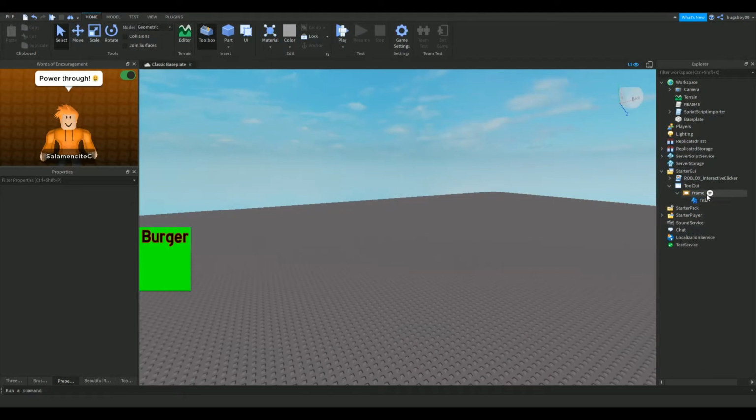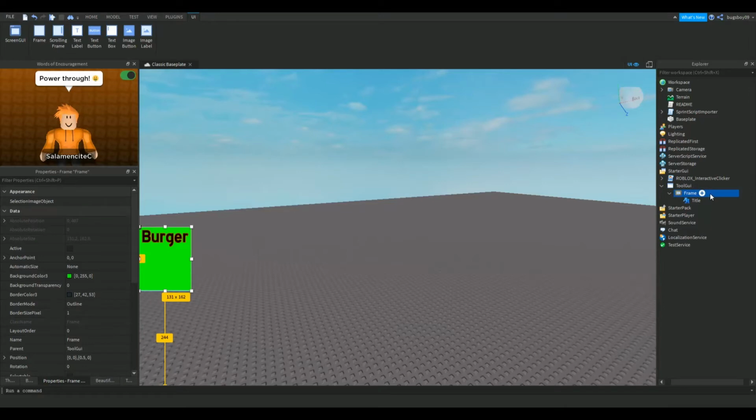Right, so the next thing I'm going to do is we're not going to do anything with this plus. You're going to hover over the frame and then click the plus again, and then select a text button. Make sure you don't accidentally select text box. They've got the same image thing, but it's got to be text button,